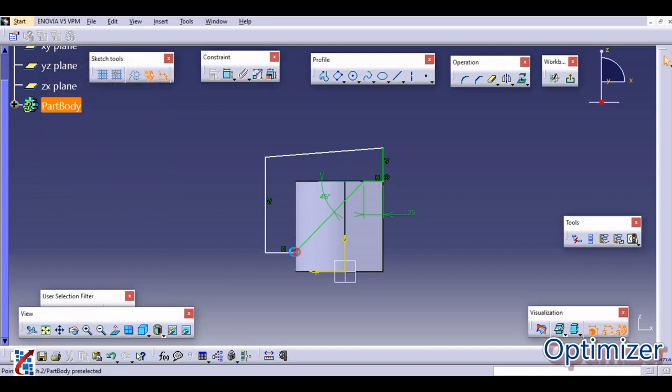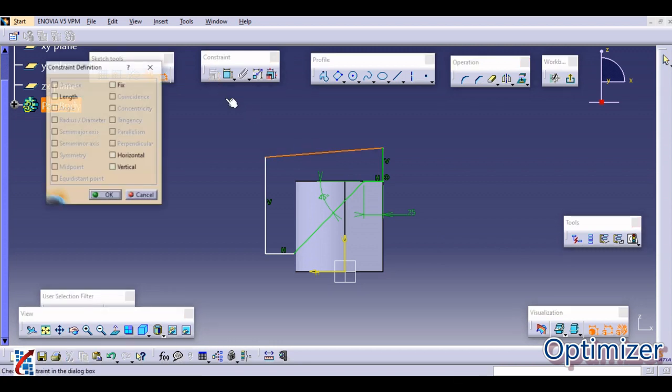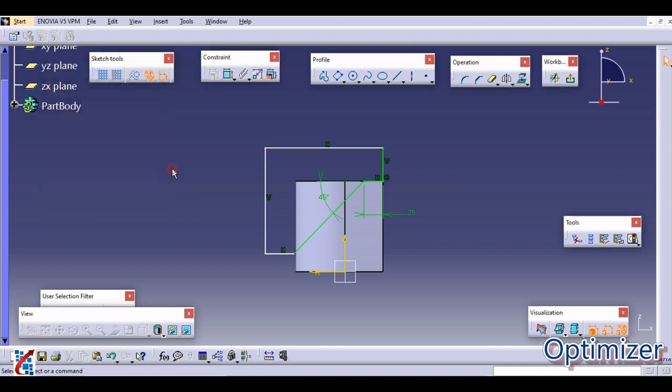Now this is extended, no problem, it may be extended because it should cut this body, that is our main thing to create that one. It should be horizontal, and you can give a random dimension. There is no specific dimension defined for this. So for pocket purposes we have created this sketch.